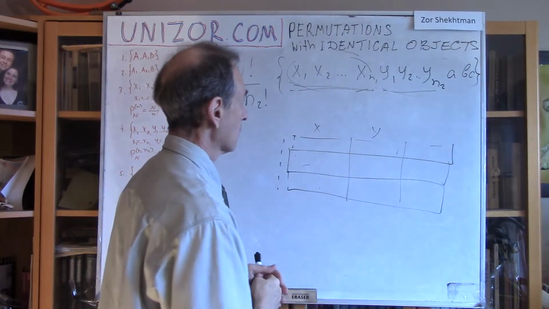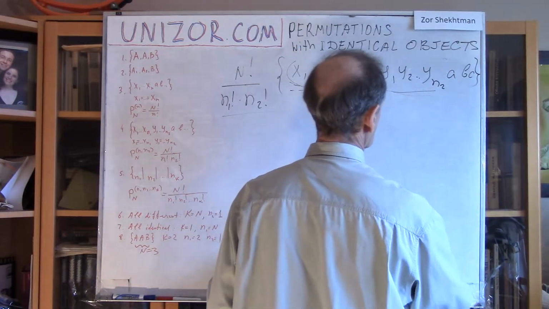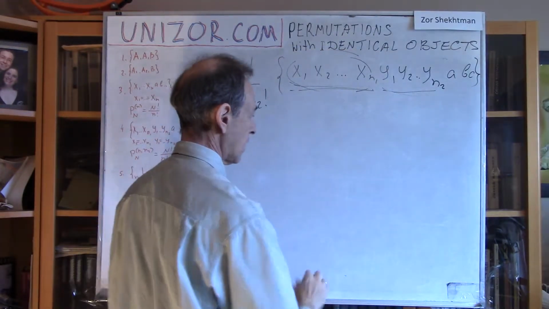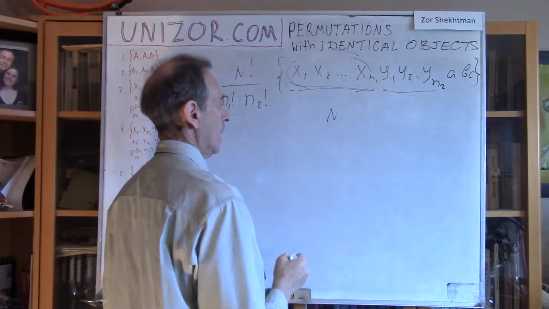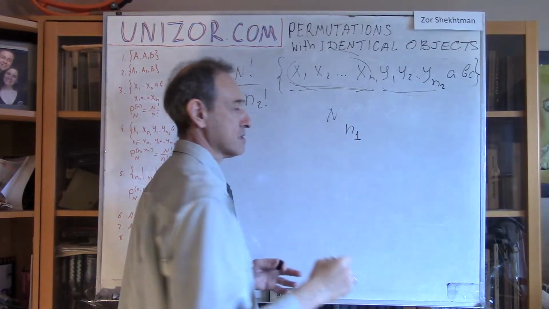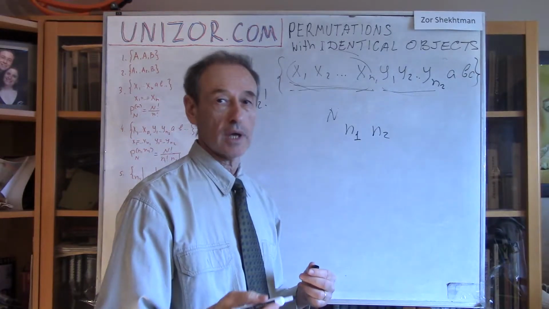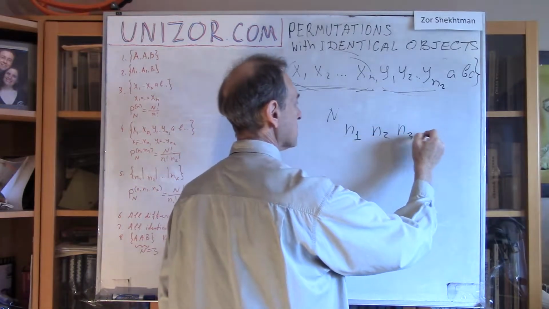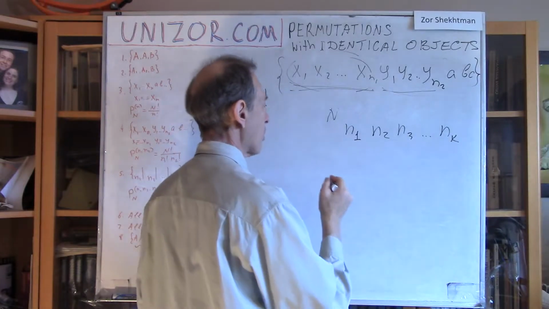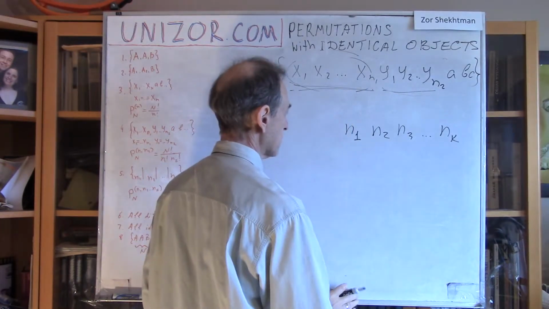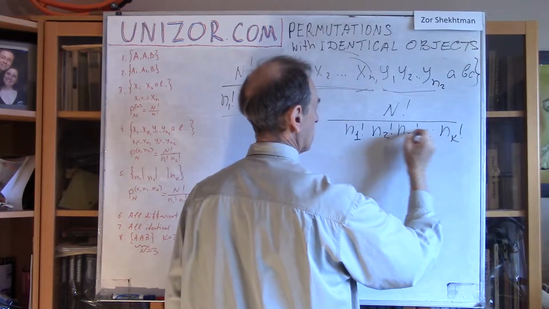So I basically came to a general formula for the following case. If you have n objects, and out of them you have n1 objects of one kind, one type, and then n2 of another type, identical within itself, and then n3, etc., nk, then the total number of permutations of this group is n factorial divided by the product of these